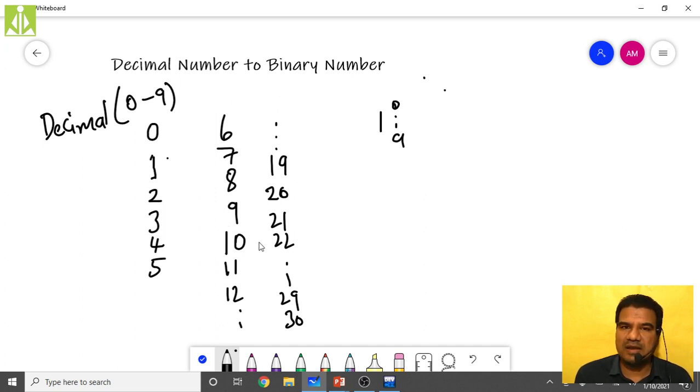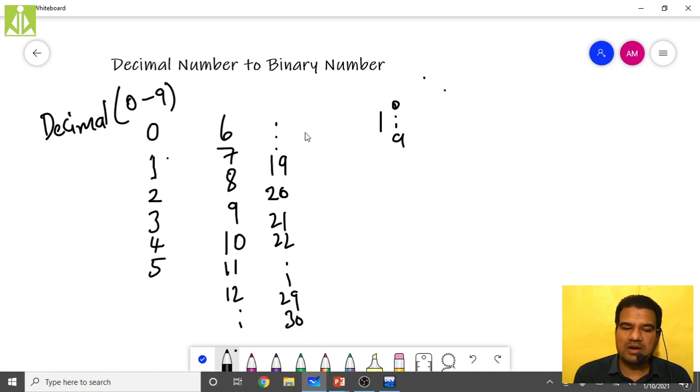But to represent 10, we don't have any single digit in our digit set. So what we have done, we took a combination, like 1 0. When we started representing like this, at 1 9 again we ran out of combinations. We can't frame any more count by simply using 1 followed by the digit. So we started 2 0.